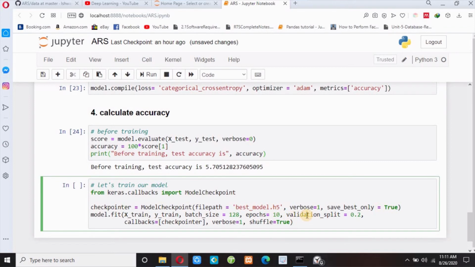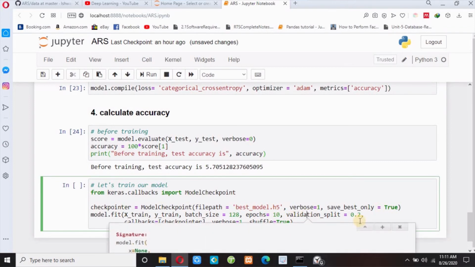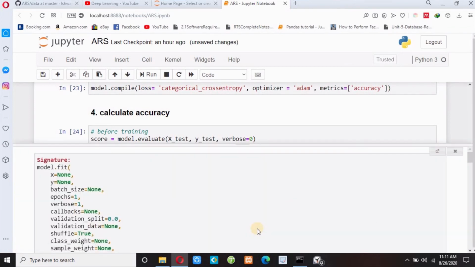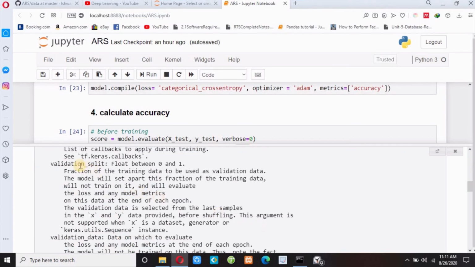And then this validation split means, you can see over here, validation split will take a floating value from 0 to 1, and since I have passed validation split equals 0.2, it means 20% of my training data is used for validation.